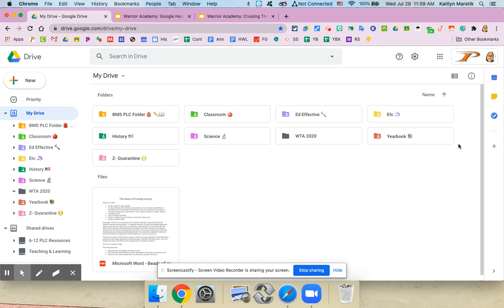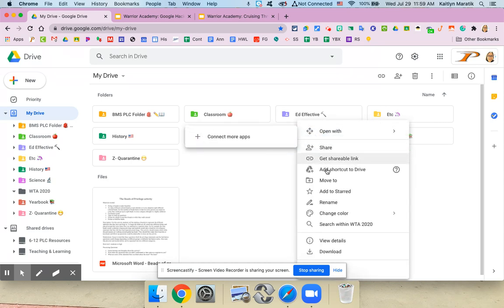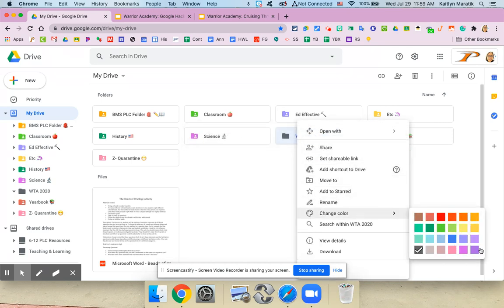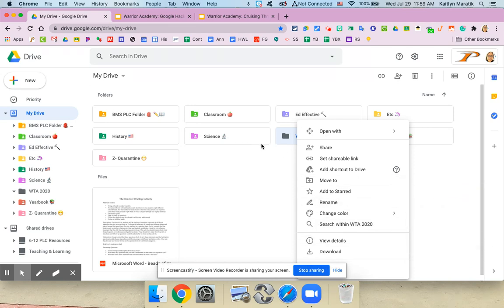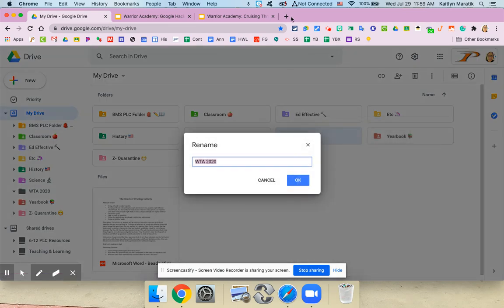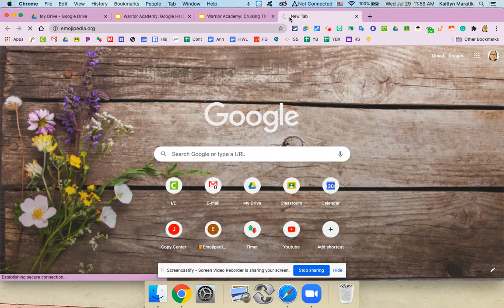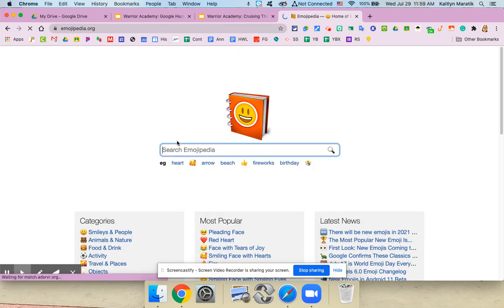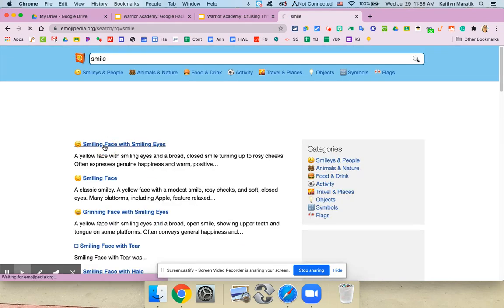I will get to this in my hacks, tips, and tricks, but if you're wondering how on earth I got colors there: click on yours, then right click, or control click on a Mac, or alt click on a Chromebook, and go to change color. How did I get those emojis there? If you go to rename, you go to Emojipedia and look up the emoji you want. So if I want a smile, I can just copy and paste the smiling face,